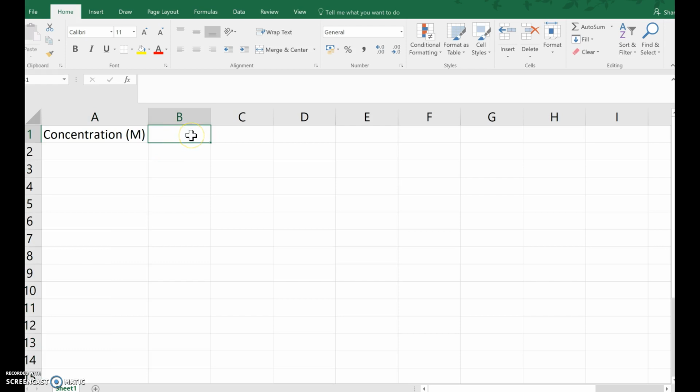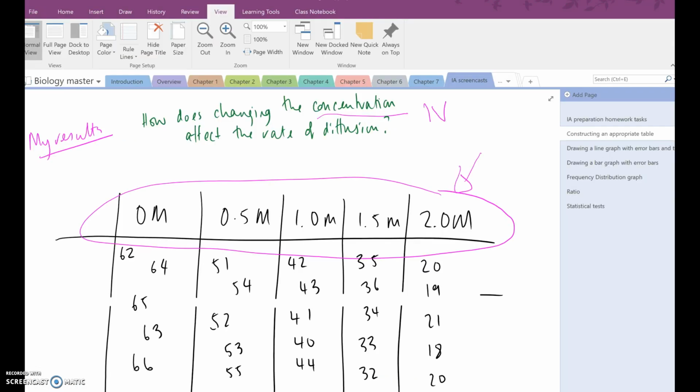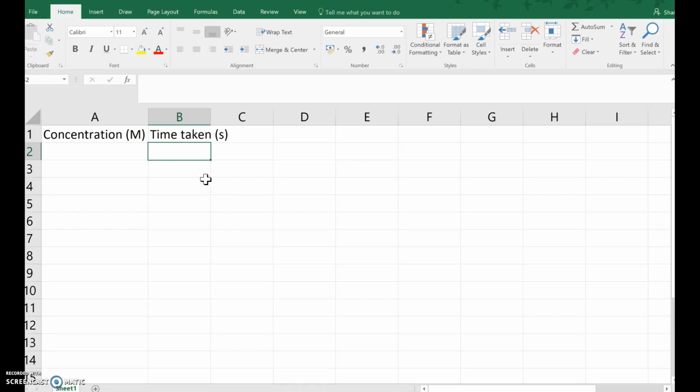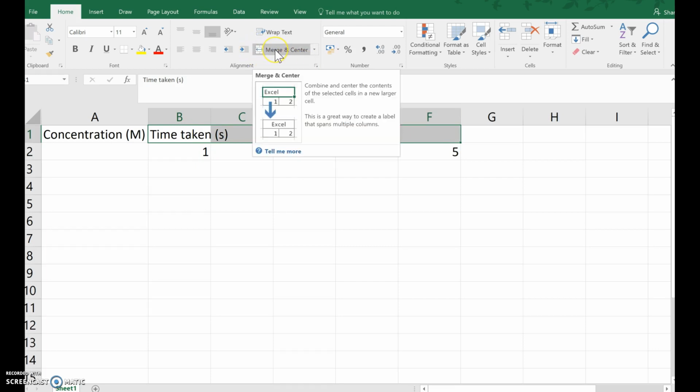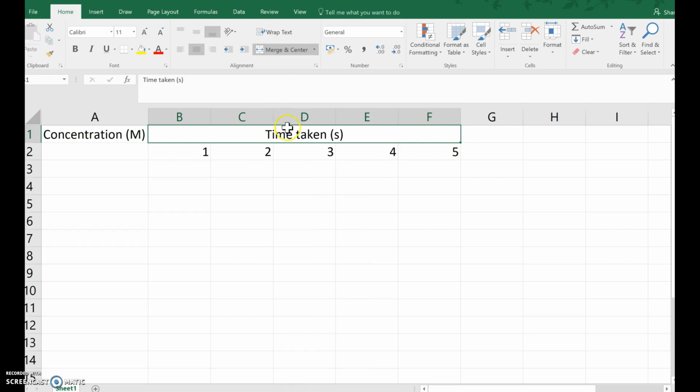Now in this column, what we're going to want is the time taken, and that's going to be in seconds, and that is going to have, there were 5 runs. If we go back to our original table, you can see that each concentration had 5 different runs. So we're then going to have 1, 2, 3, 4, 5 along there. Now what you can do here is merge these 5 cells so that the time taken applies to all 5 cells. And to do that, you just click this button up here called Merge and Center, and there you've merged your